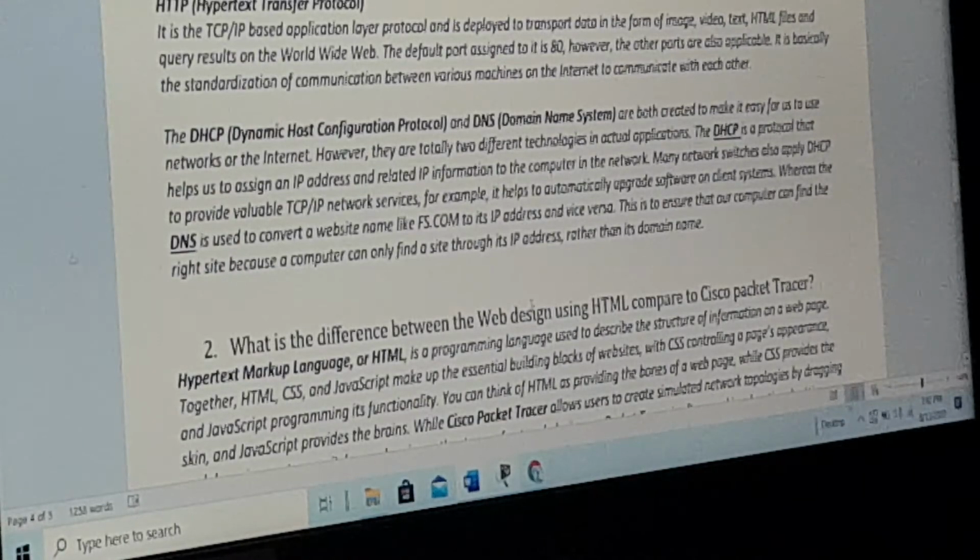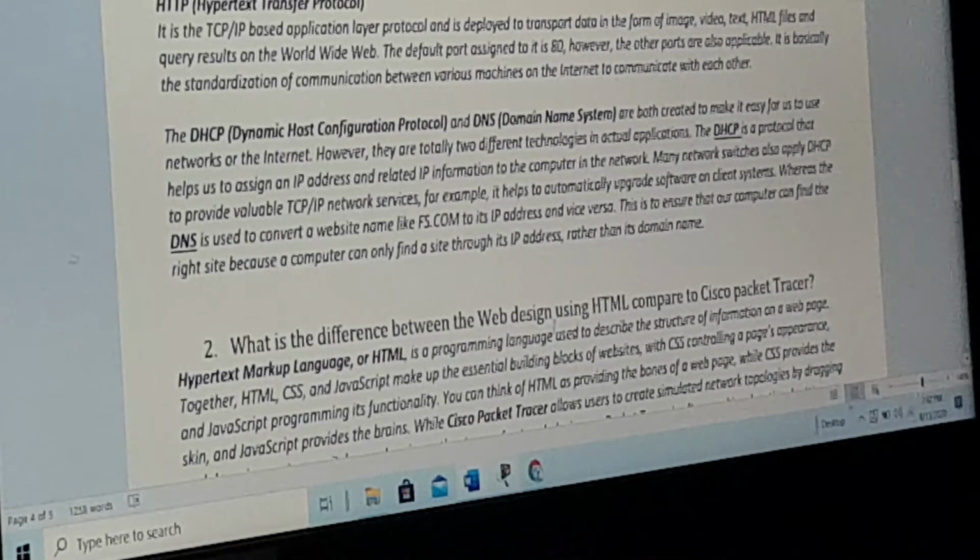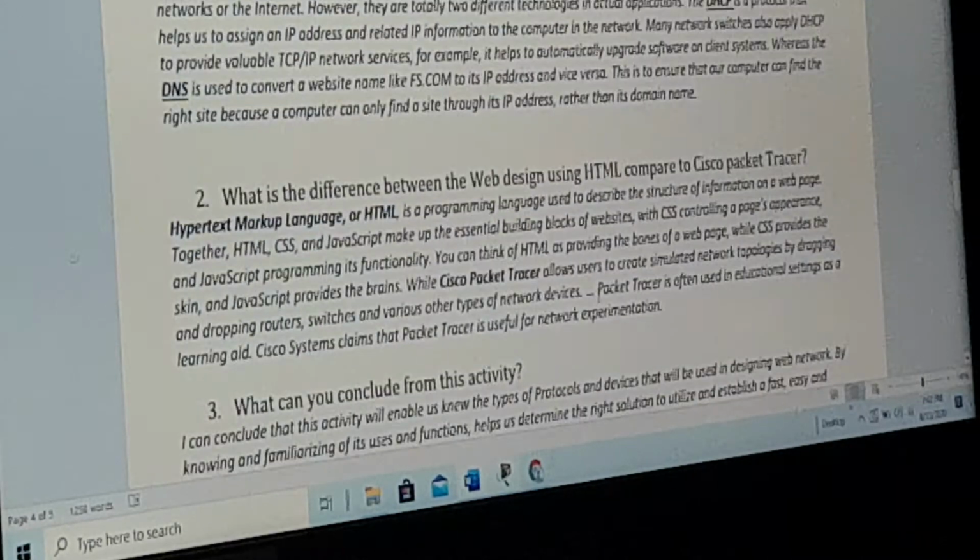For example, it helps to automatically upgrade software on client systems, whereas DNS is used to convert a website name like fs.com to its IP address and vice versa. This is to ensure that our computer can find the right site, because a computer can only find a site through its IP address rather than its domain name.